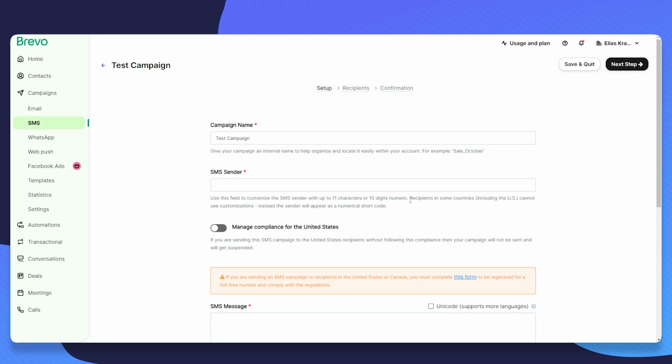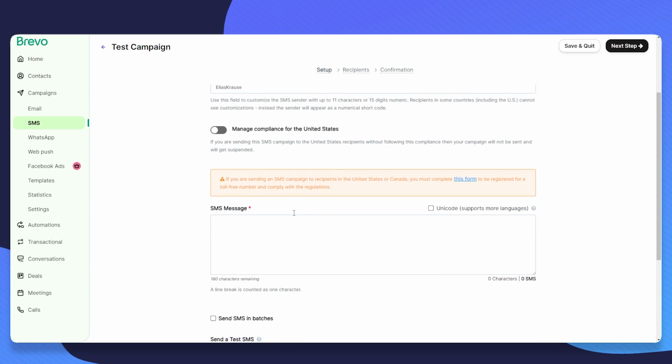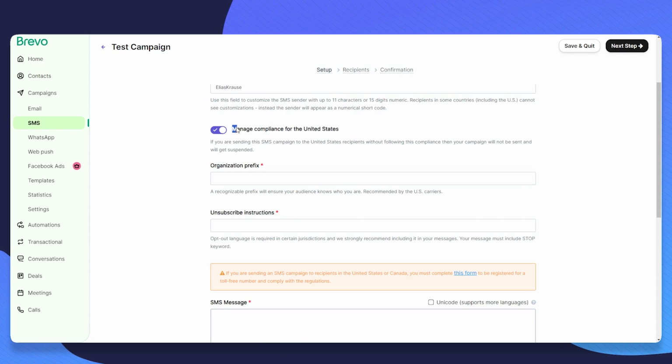And as you can see, for example, recipients in some countries, including the US, cannot see this customization option. So instead, they're going to see a numerical shortcode. However, still just put in any kind of sender that you want to. In my case, I will just put in Elias Krause, and then we can also tick manage compliance for the